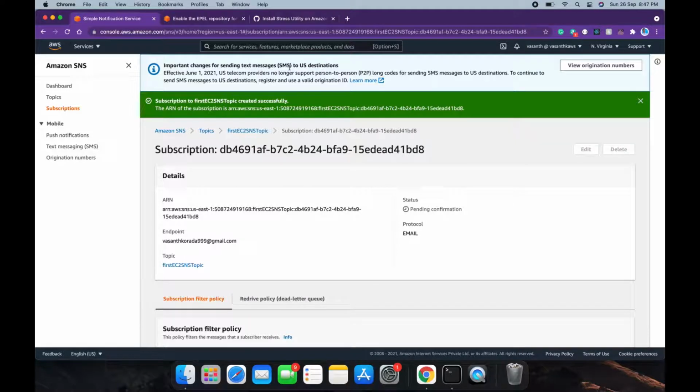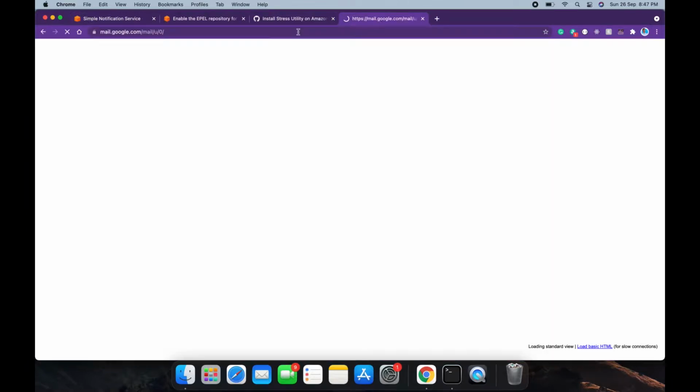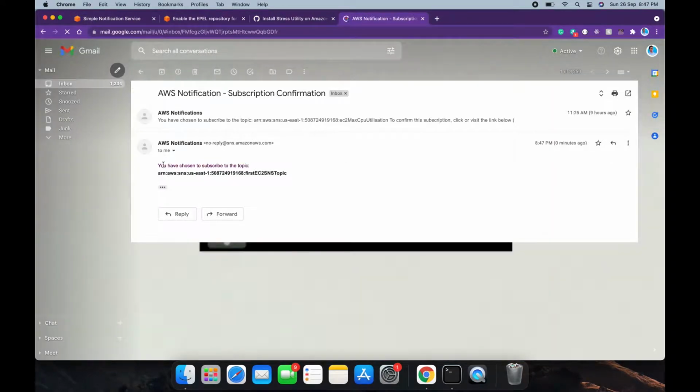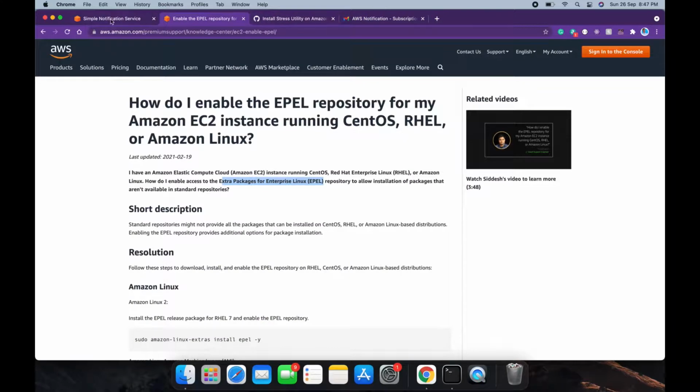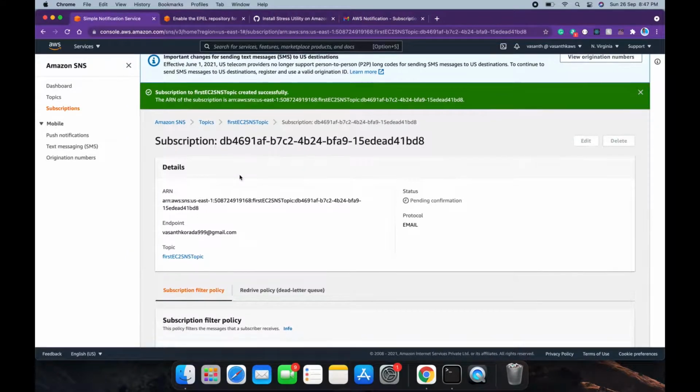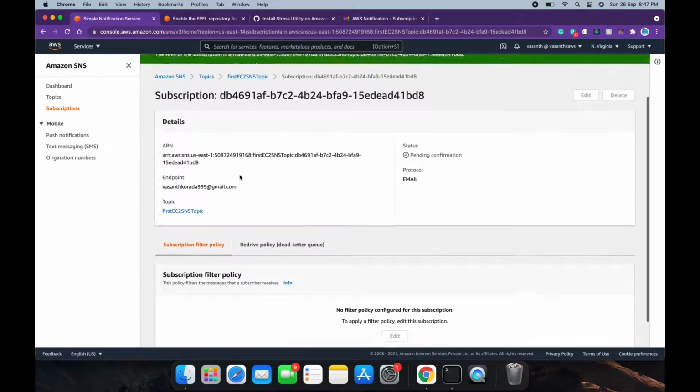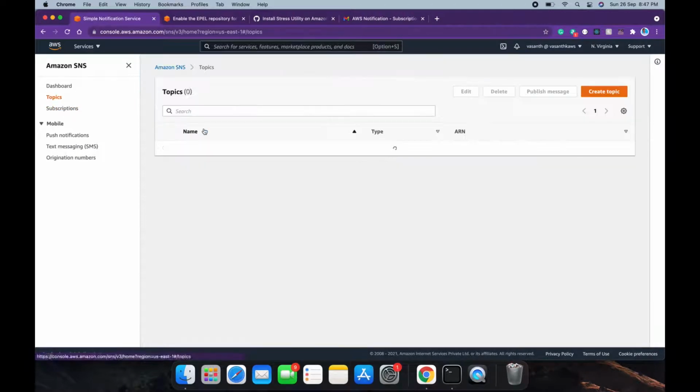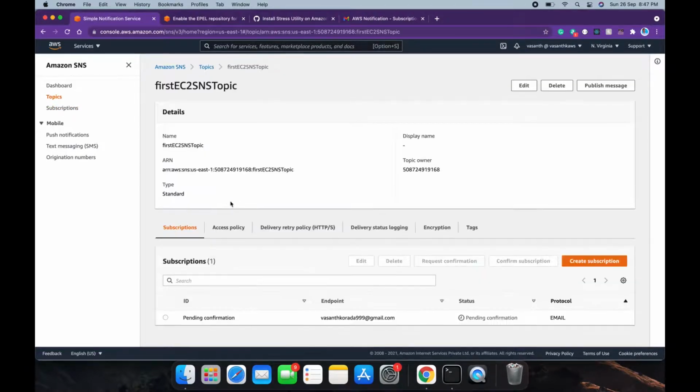Before this, I think we have to confirm in our email. This is how your email looks: you have chosen to subscribe to the topic. Now it says pending confirmation.